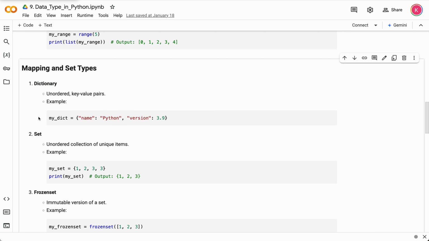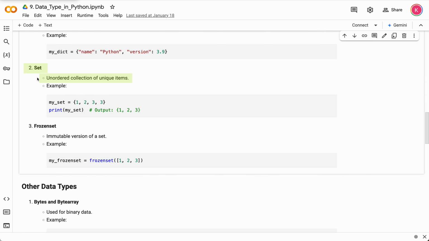The set is an unordered collection of unique items, ensuring that duplicates are automatically removed. For instance, my_set = {1, 2, 3, 3} defines a set where the duplicate value 3 is removed, resulting in {1, 2, 3}. Sets are useful for operations like union, intersection, and difference, which involve mathematical set theory. They are also highly efficient for checking membership, making them ideal for scenarios where you need to store unique items